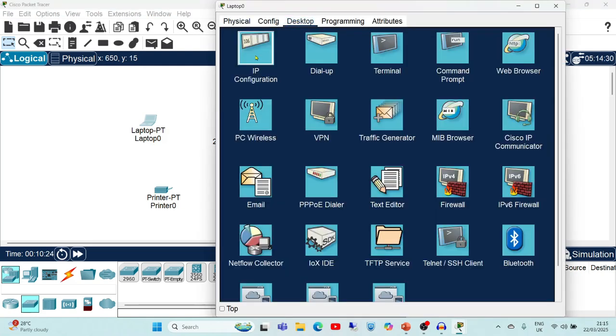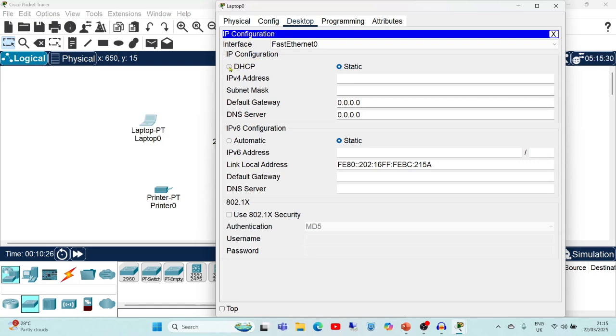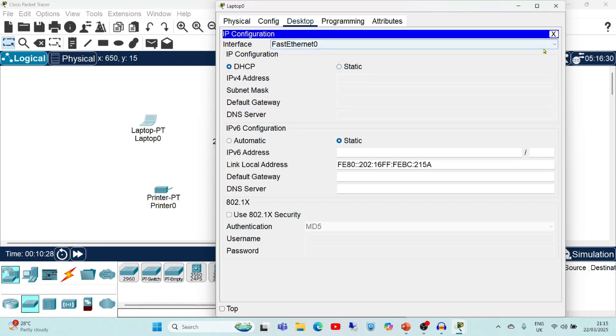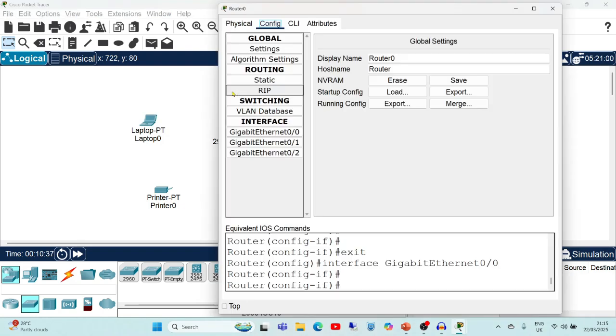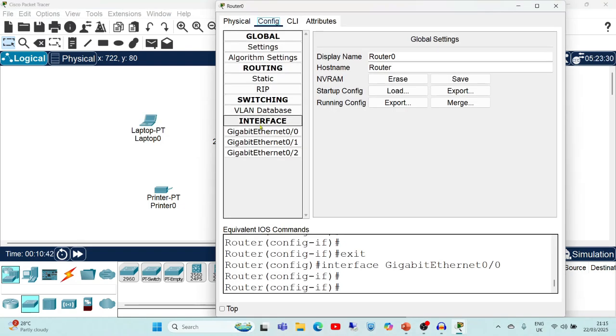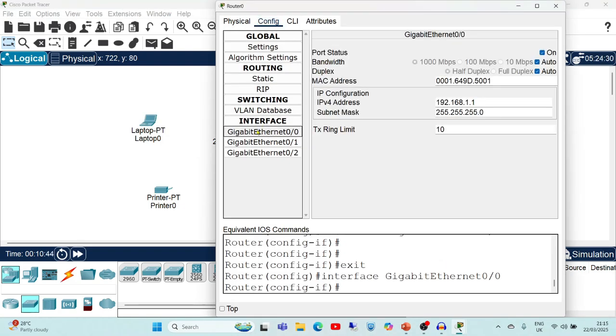Again desktop, IP configuration. Again here select DHCP and here Fast Ethernet. Again close the laptop, and for the router, Gigabit Ethernet 0/0. Make sure that you have switched it on and the IP address is given as 192.168.1.1. Okay, now close this.